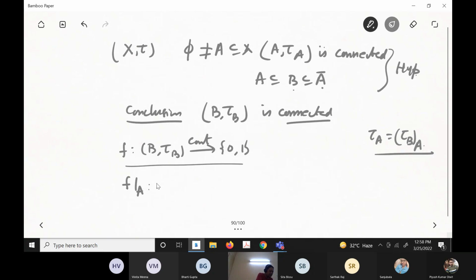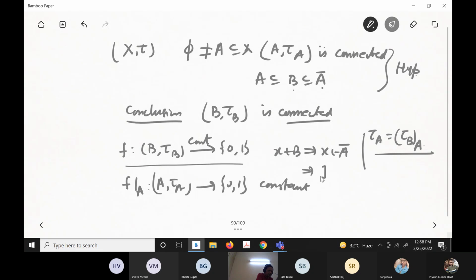So this function from (A, tau_A) to {0,1} is constant. Now x belongs to B implies x belongs to A bar. It may not be a metric space, so it implies there exists a net